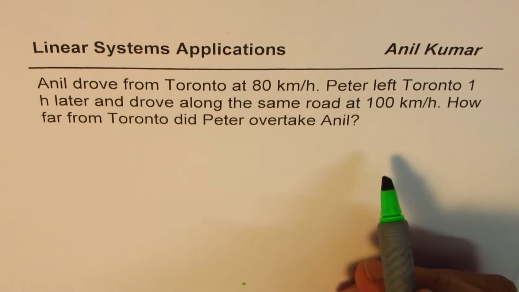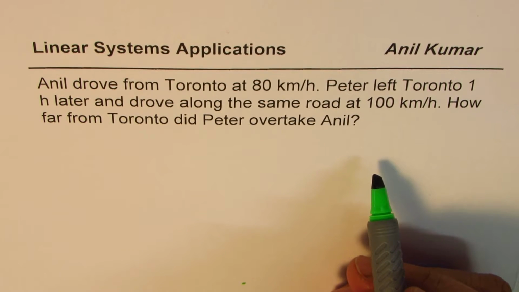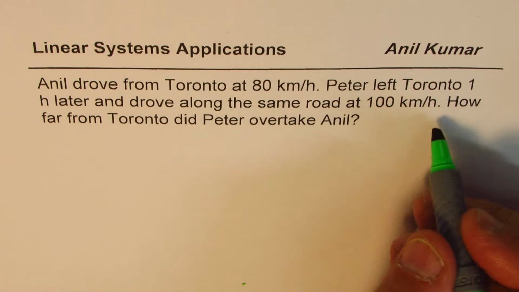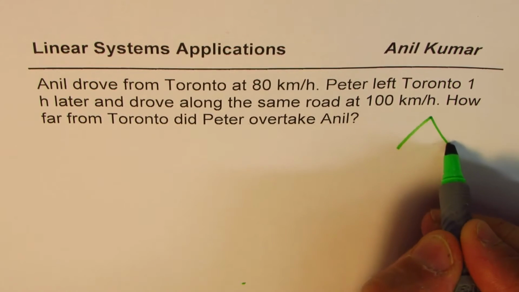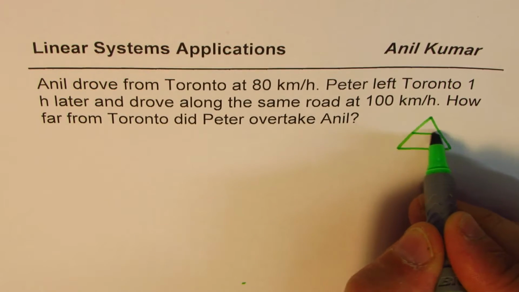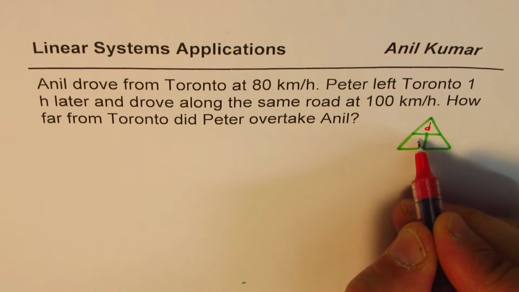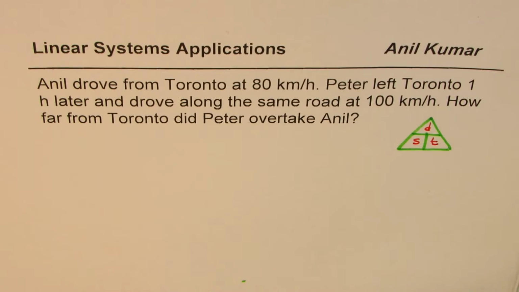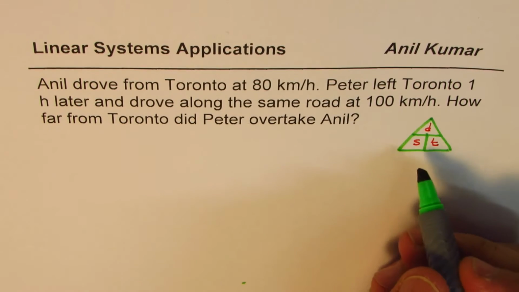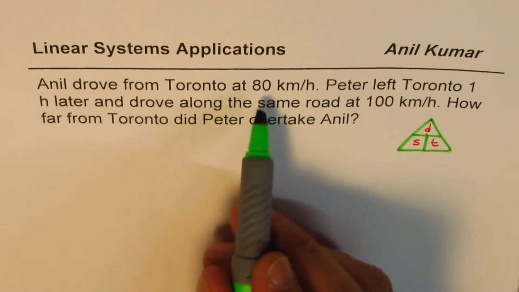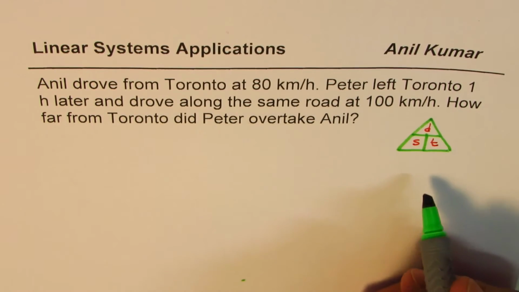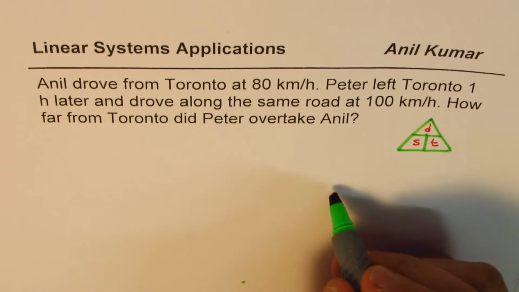Whenever you have distance, time, speed equations, I'll recommend that you make a triangle first, relating distance, speed and time, right? So this triangle always helps. So we have distance is speed into time. That is one thing. Second thing which we need is a kind of a table which relates all these things, right? So the table here is,